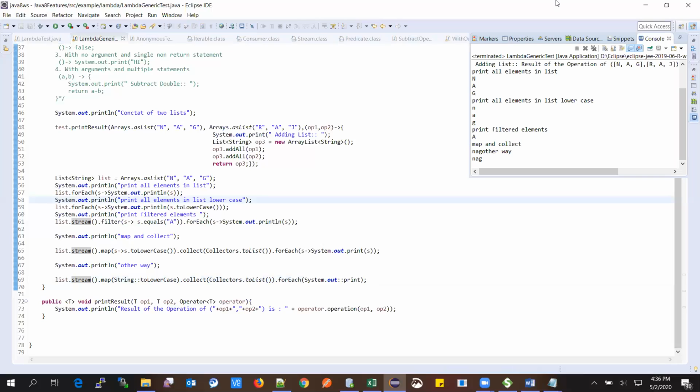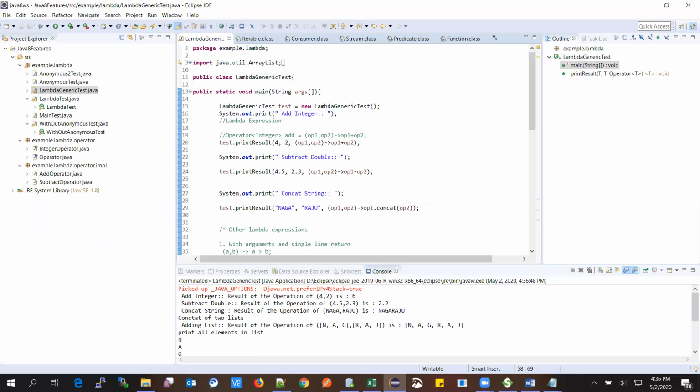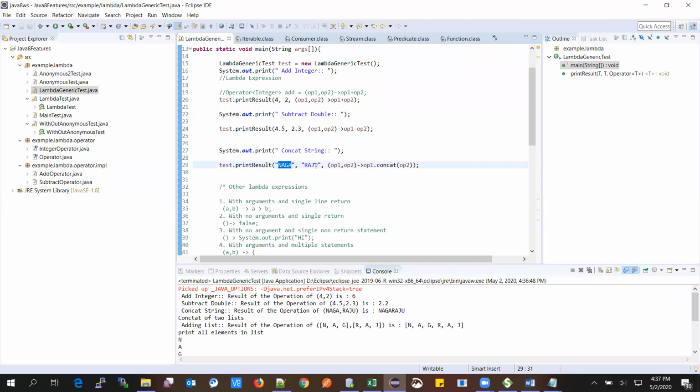Java. Okay. First we are just using the lambda expression with generics: integer op1 plus op2 gives 6. For double, subtracting 4.5 and 2.3 gives 2.2. For strings, concatenating them.